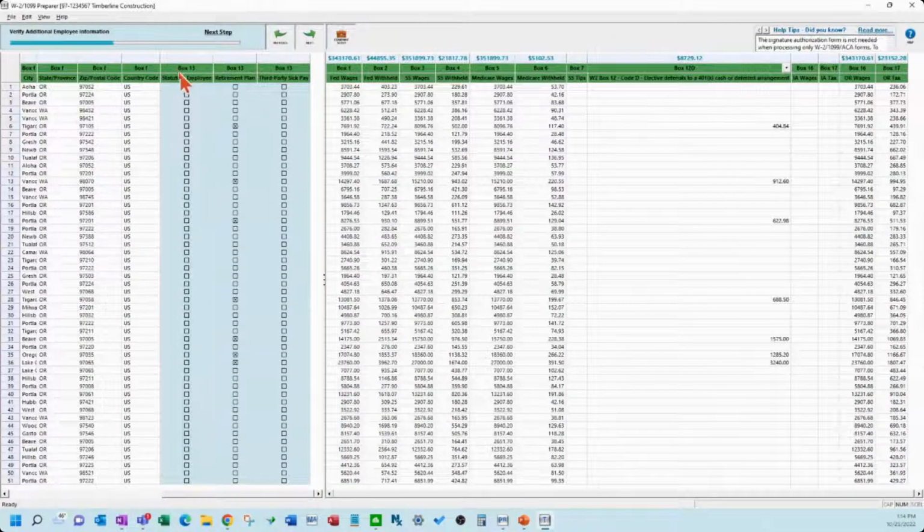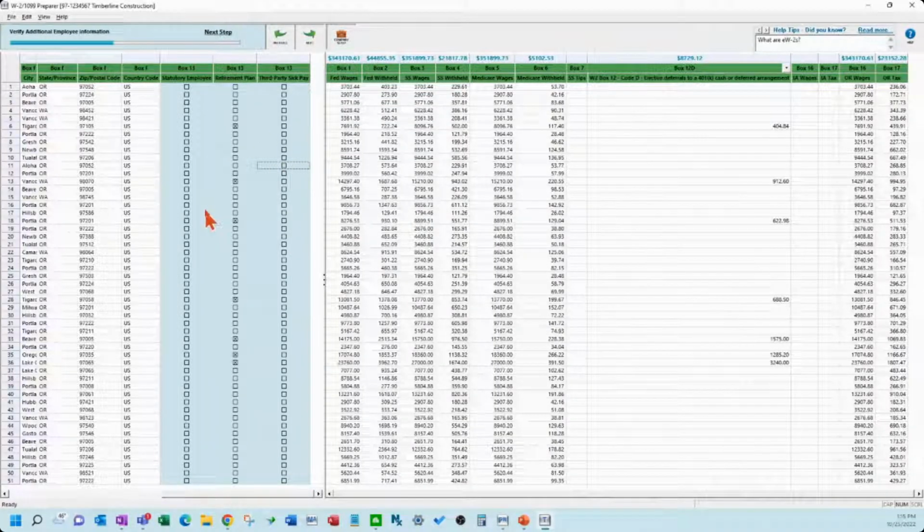Okay, so now you can see it move to this part. So I want to make sure anybody that is deferring, so over here, there's a reason they have this second screen, second side. So anybody that has a deferral amount has to have a checkbox. You can look up your W-2, W-3 rules on how to fill these out properly, but anybody that has an amount here should have a checkbox there. So it's just wanting you to review, do you need to mark a statutory employee or third-party sick pay? So if you do, you can come in here and just click it.